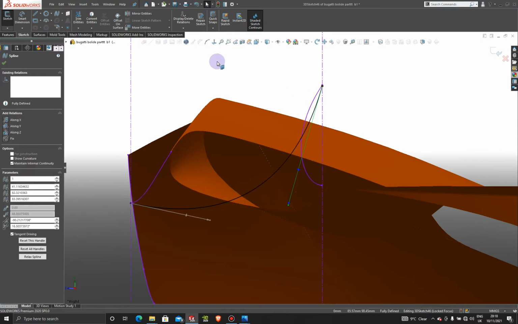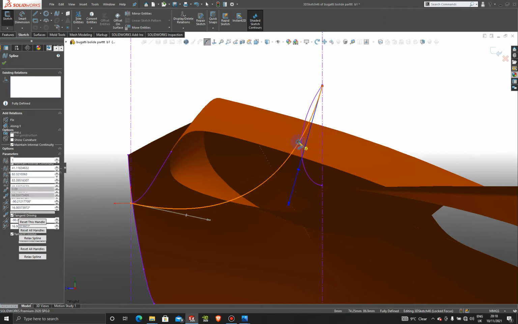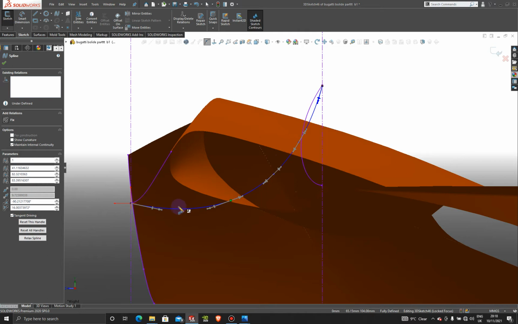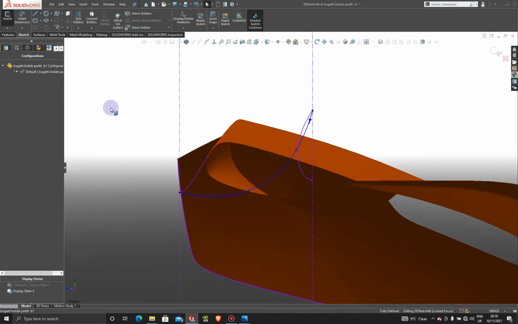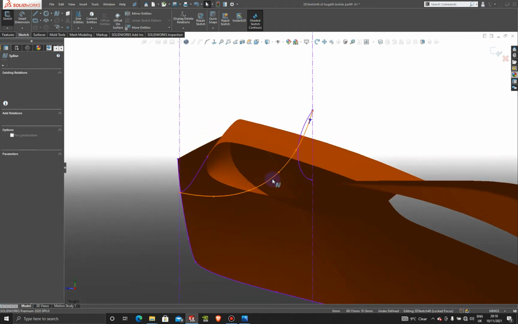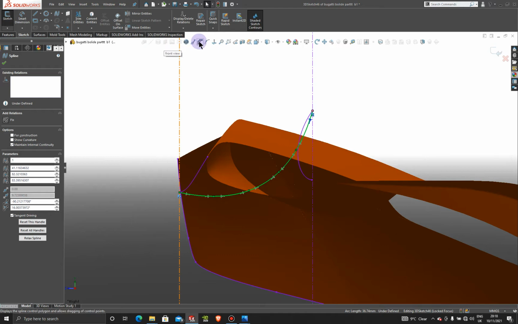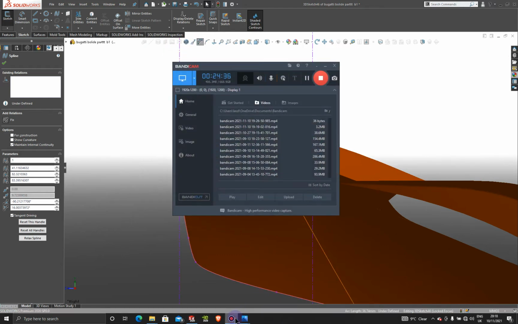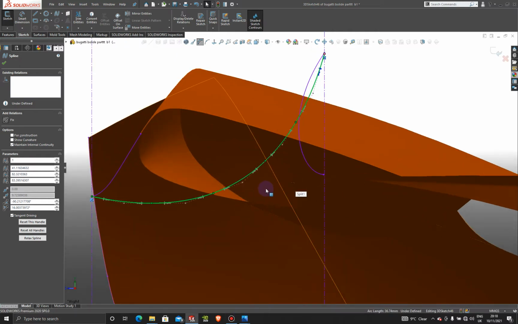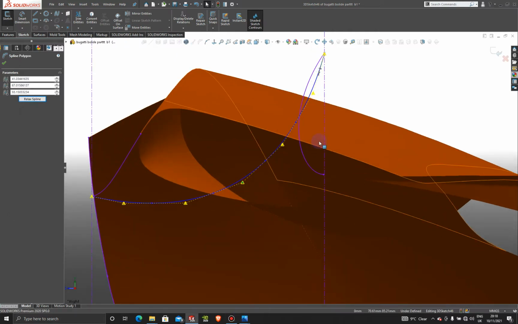We need to pull it down. And we're going to add our control points on this line. So let's add one here. Add one here. Here. And maybe one here. Exit the sketch and then click somewhere in empty space and click back on the line, and let's add our control polygon. Let me see if we're still recording. Here we are. All right, and let's grab onto our control points,